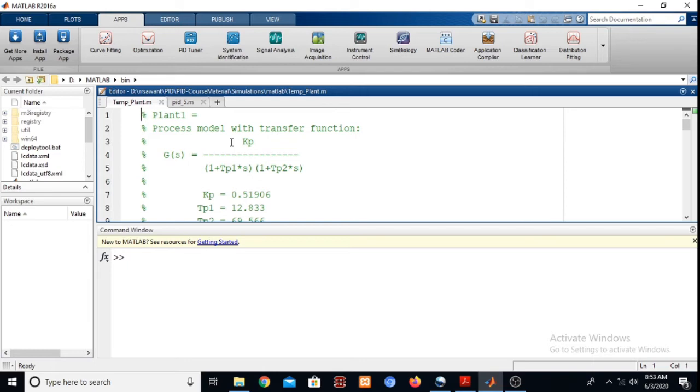Okay, so that's why the estimation of the plant is not realistic.